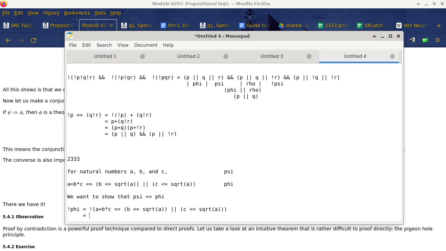So the first thing we do is we get rid of the implication, which means we negate whatever is on the left-hand side, and then we say or whatever is on the right-hand side. So the right-hand side is B is less than, okay,